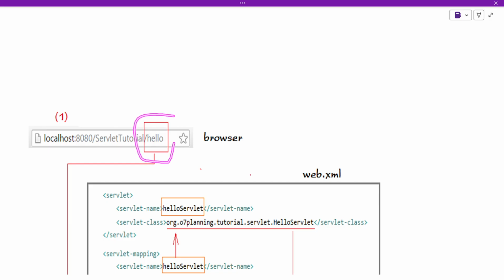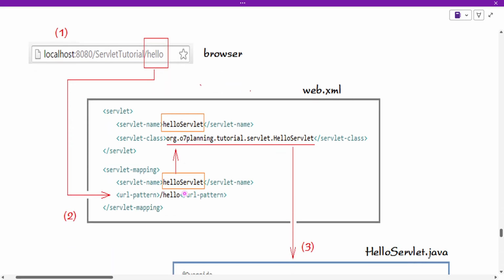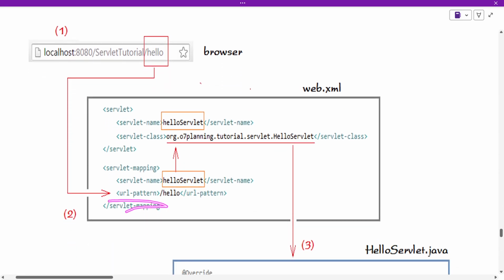So I'm actually calling this hello resource, and then I don't know what to do when I get this path. So we have to explicitly say that whenever such a URL pattern like slash hello is called, then you call this thing called the hello servlet. So what is the hello servlet? Let me check in this servlet thing. Here I can see that there is a servlet named hello servlet, and the class which needs to be called is this